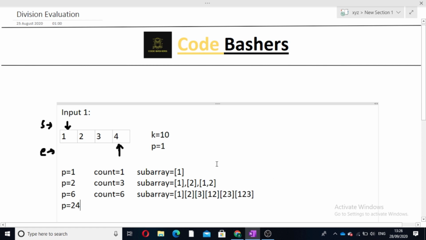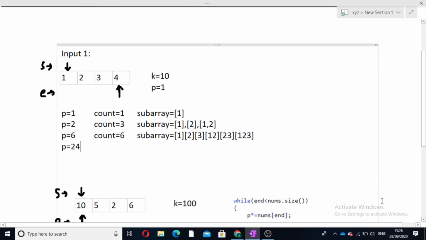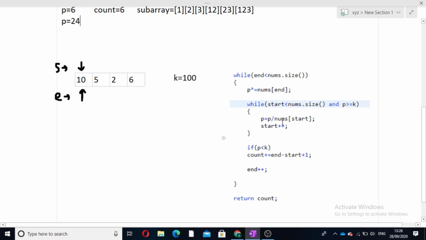We have seen the relationship between the count from the starting to the ending point. Here it is 3, that is, we have initialized the count with 1, and at every step we are adding end minus start plus 1 to our count variable. Here is the algorithm.